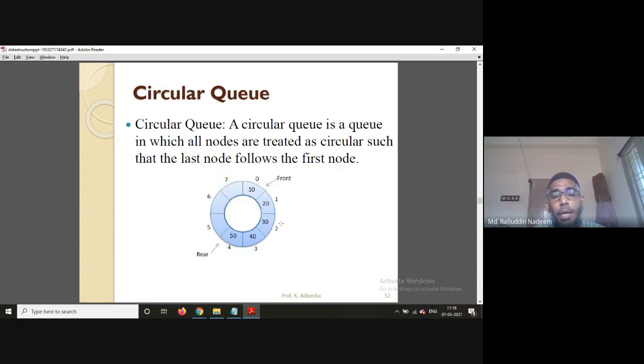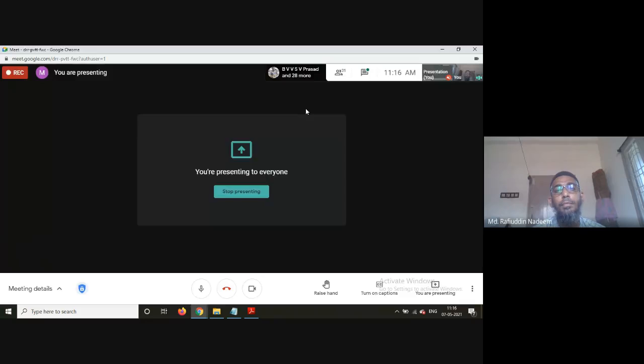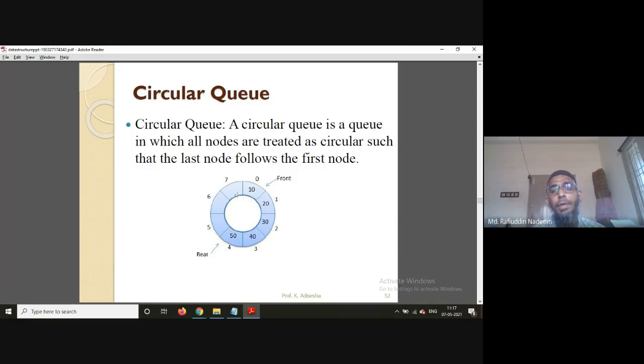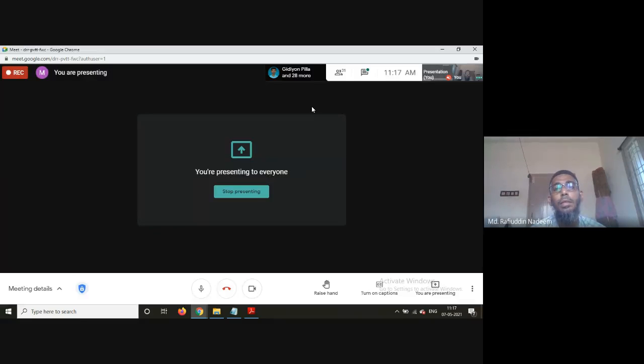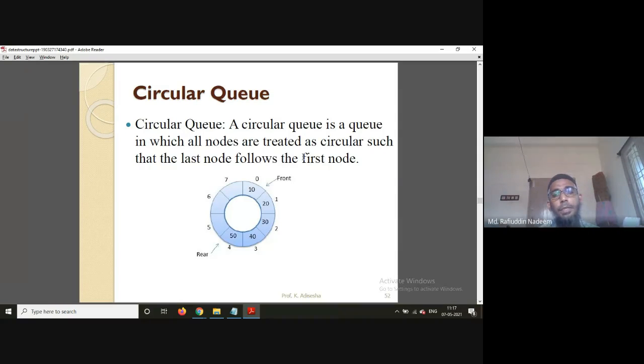Now if you observe here, the front is 0, and suppose the rear is becoming 7. Now if front is 0 and rear is 7, then we can say the queue is full there. Queue is full. You can see in the program, because today the C program which I'm going to discuss is